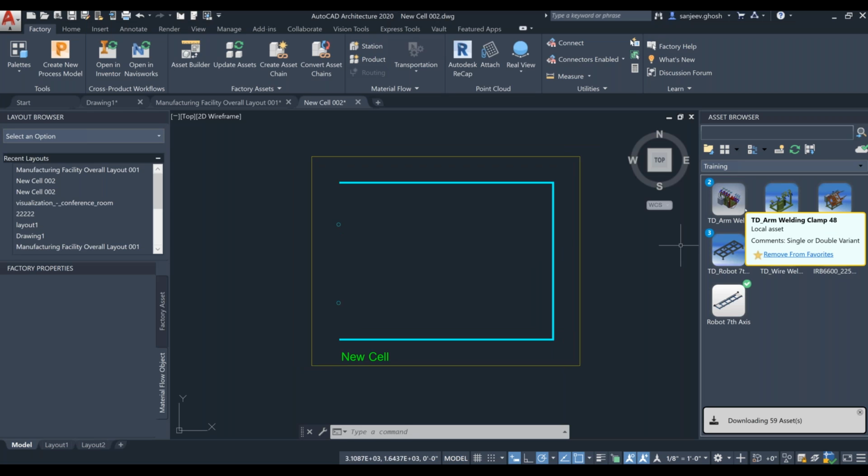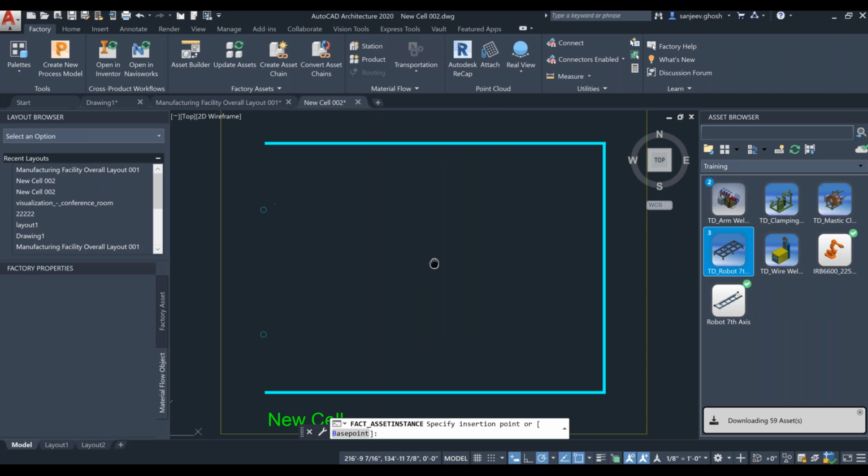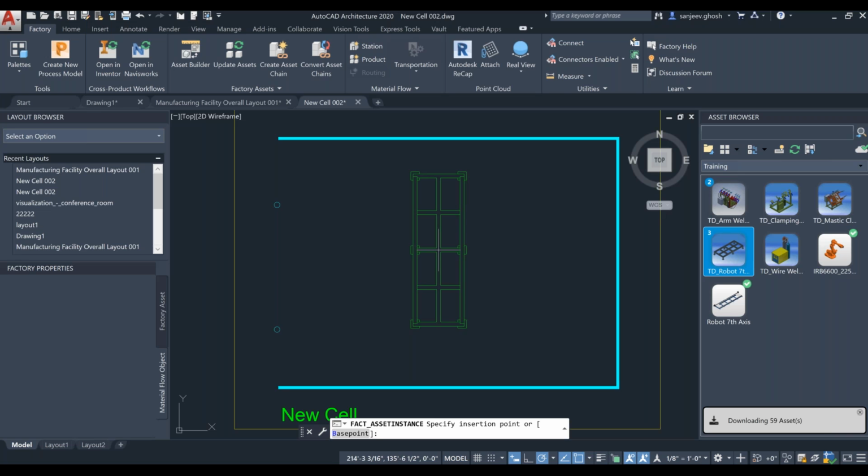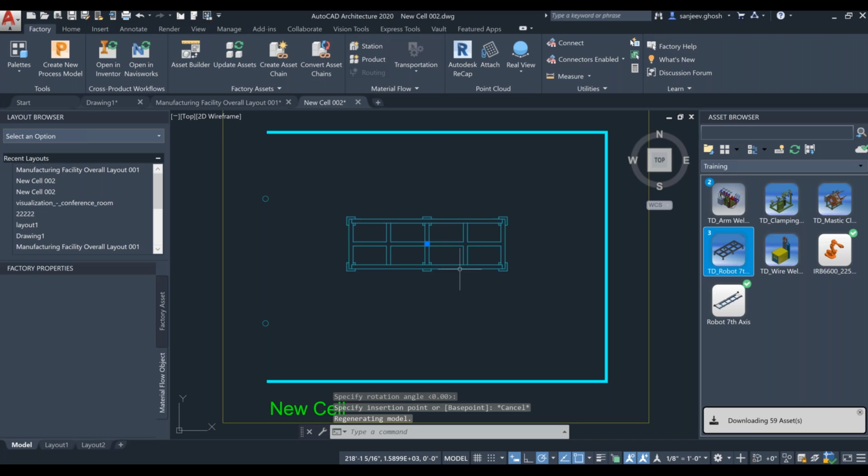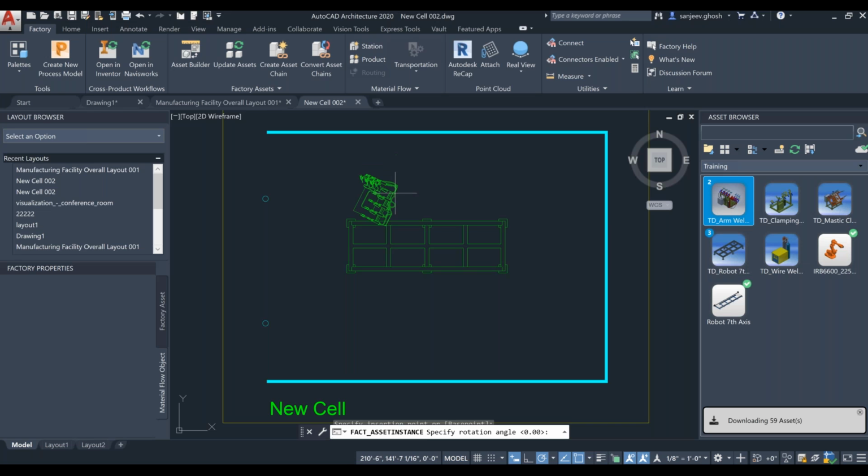So let's complete our design now. This is purely an AutoCAD workflow which is similar to the existing practice of creating a library of block elements and dragging and dropping and placing blocks in a drawing. So these assets, when I place them out here, are pure AutoCAD blocks. There is nothing 3D about it, because I am currently in AutoCAD and I want to do things very quickly. So I want to leverage AutoCAD capabilities of being fast and agile. So that's what I am doing here. I'm quickly placing assets out here,